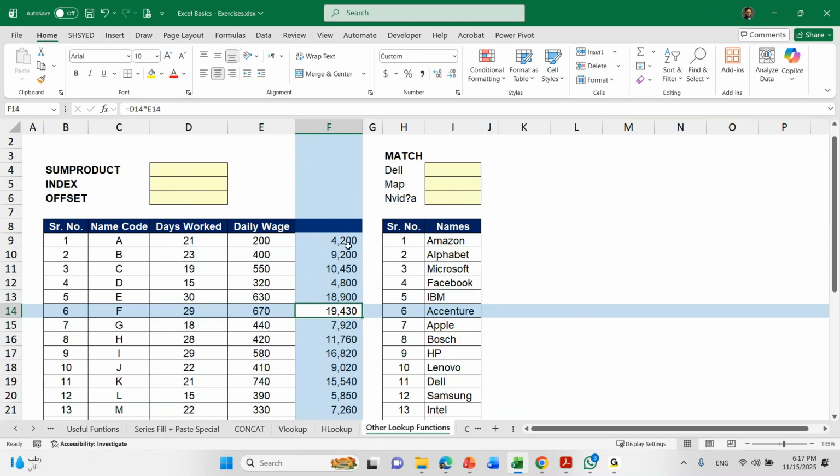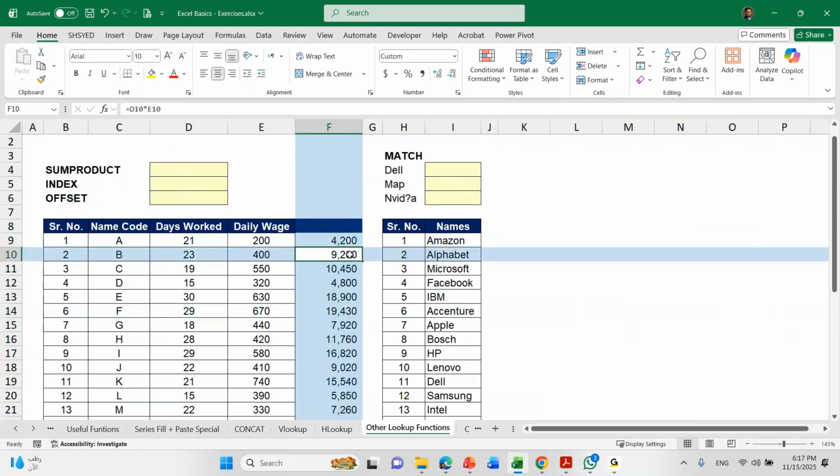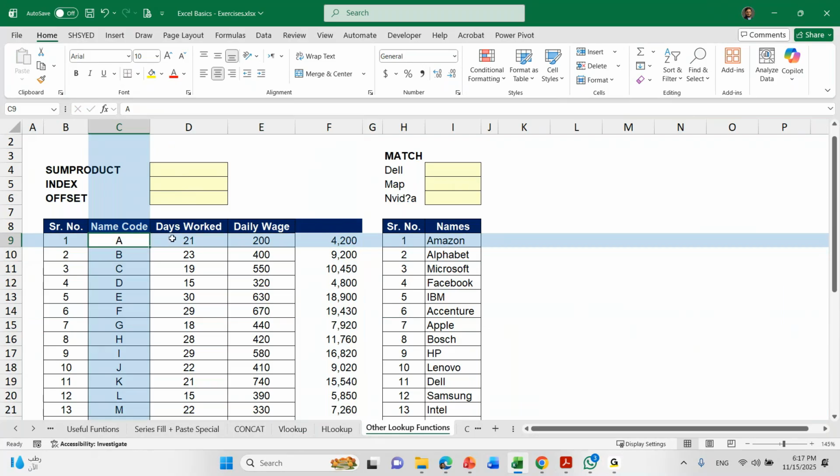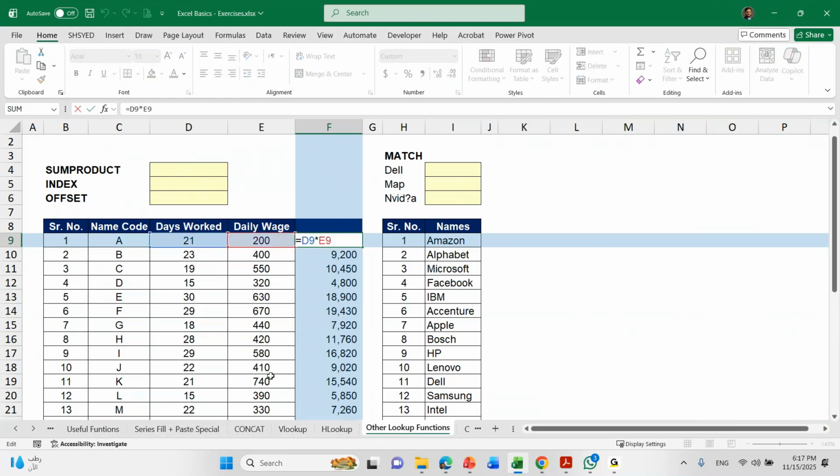These are the original data values: the name code, days worked, and daily wages. And the total salary payable to each employee is a worked number because you are manipulating two values to get to this value. In database management systems, you do not store the worked values because